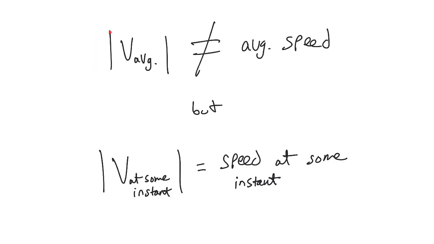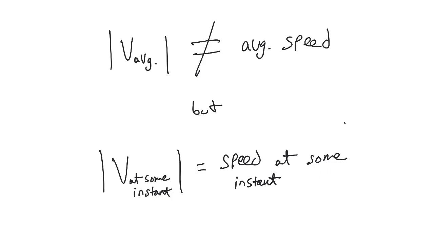And I find students often come to a physics class thinking this is true. For some reason, they might have seen it before in a math class where they're taking absolute values of velocities and getting speeds. And it needs to be stated explicitly that if you take the absolute value of the velocity at some instant in time, not the average velocity, but the velocity of an object at some exact moment in time, and when you're working with one-dimensional motion, then that will give you the speed at some instant in time.